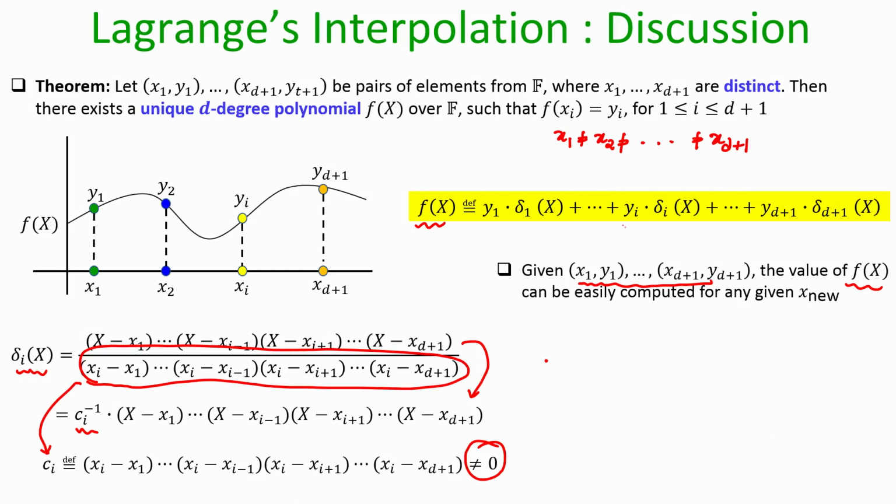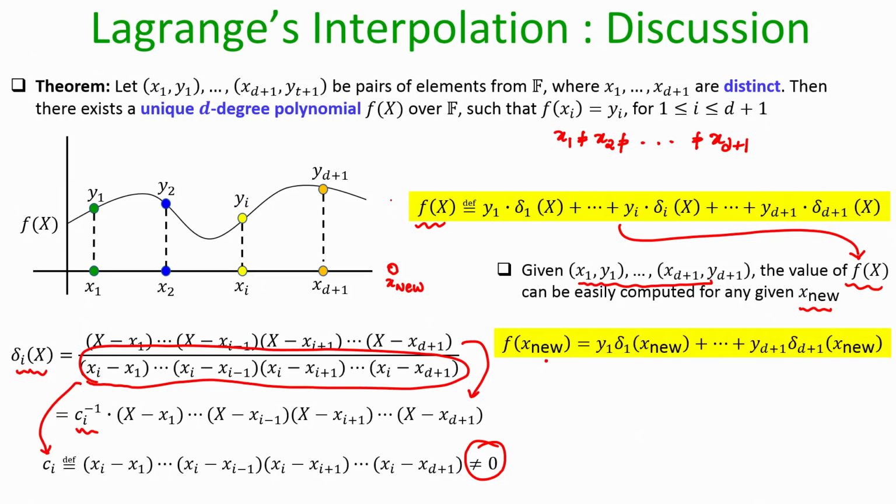We know as per the Lagrange interpolation that we can compute a curve f of x passing through these x y pairs. And now imagine you are given a new x coordinate, x sub nu, which is different from all the given previous x coordinates, and you want to compute the value of this f of x curve at x equal to nu. That means you want to find out what should be the corresponding y value.